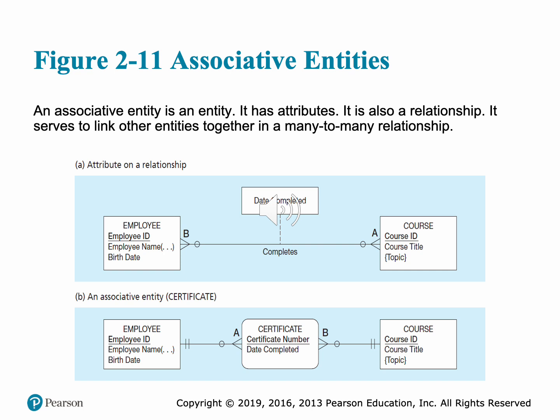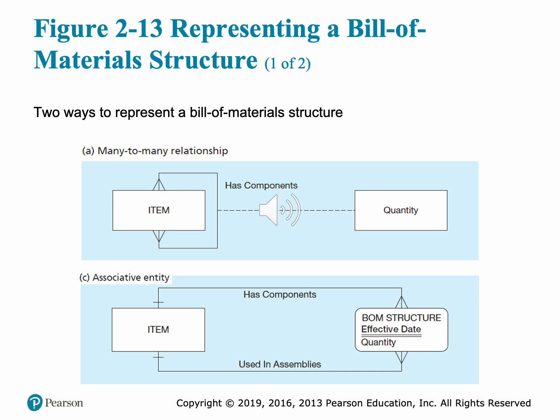2-11A has been replaced by two one-to-many relationships with the associative entity. The associative entity is always on the many side of the relationship it links. One many-to-many relationship has been replaced by two one-to-many relationships. Hopefully this is helpful. In A and C, we see another contrast of using a relationship with attributes versus an